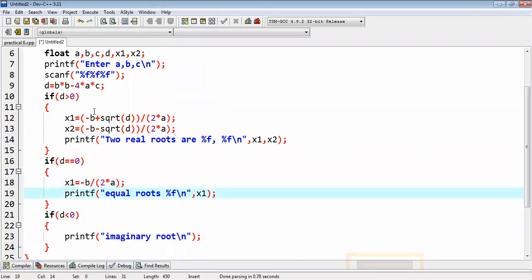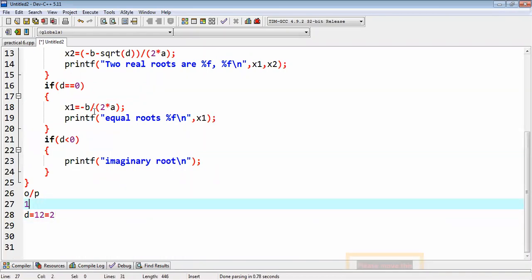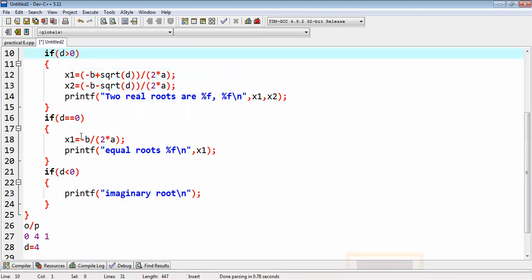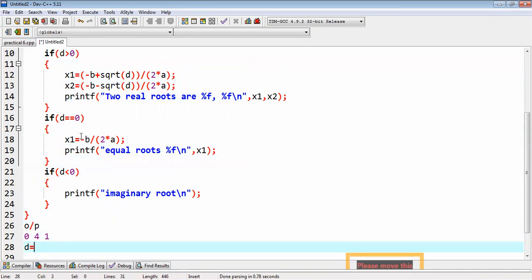Okay, now let's take a case where you will get a value as, suppose if I take a value as 0 and the value of B is taken as 4 and the value of C is taken as 1, then the discriminant is equal to B square, that is 4 square is 16 minus 4AC is 0. So D value will be root of 16 is 4. So 4 is greater than 0. So here you have to take discriminant directly 16, and here we will take the square root.